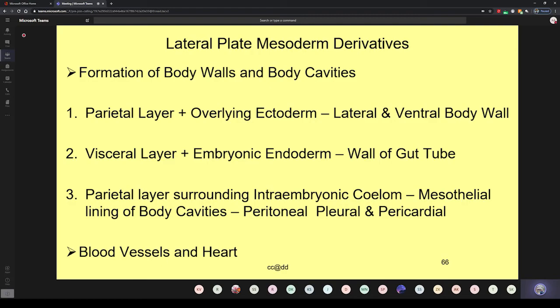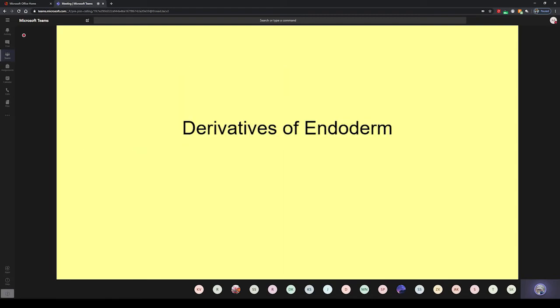What I was telling you, the so-called peritoneal, pleural, and pericardial cavities. They are lined by mesothelium, that is single-layered squamous epithelial cells. So that is again derived from the lateral plate mesoderm. And the last bullet here put is blood vessels and heart. So when you go to that, you'll be learning more about this. Okay. So now let's go down quickly to endoderm and we can start winding down the class,